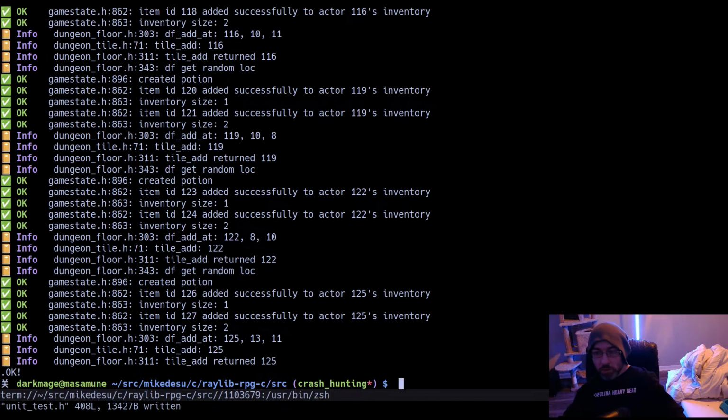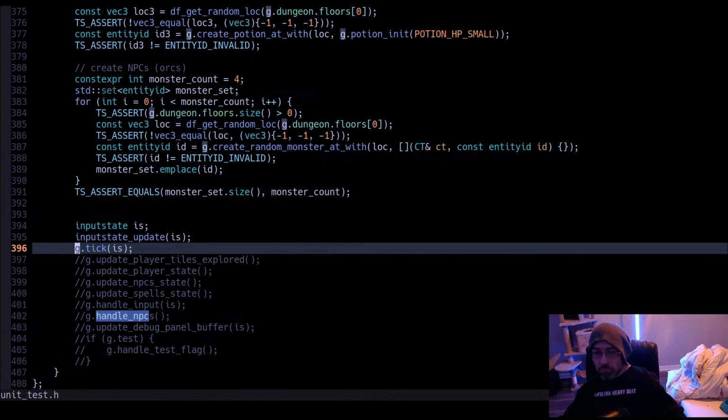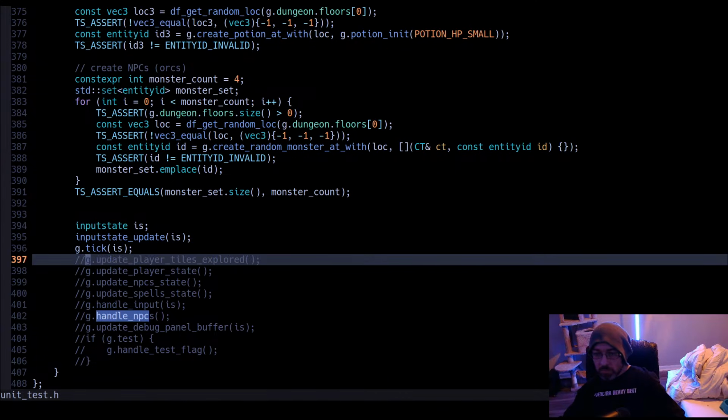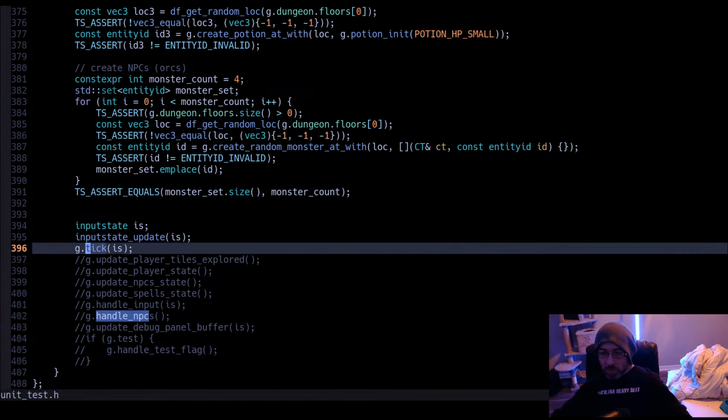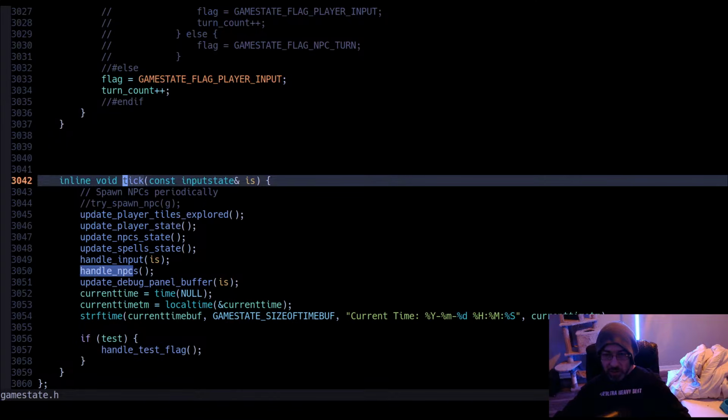Oh, you know what? The player hasn't been assigned yet. We never created a player. So we're able to simulate the movement of things.